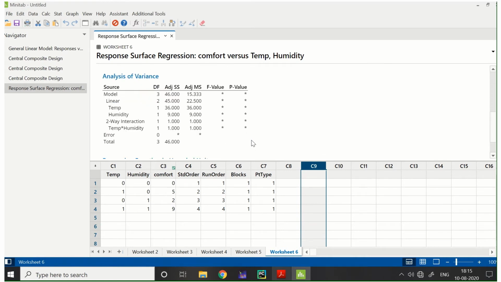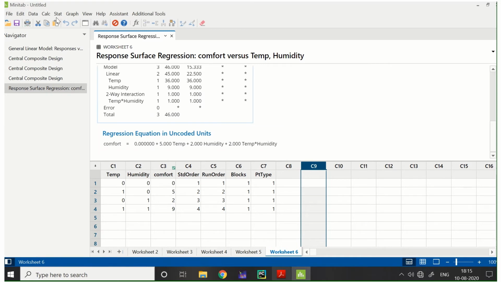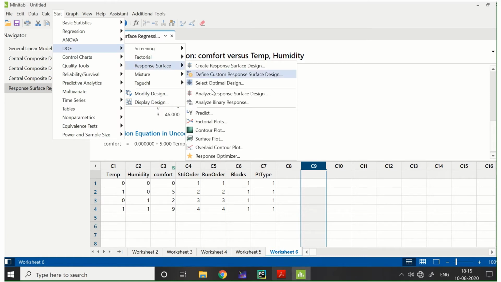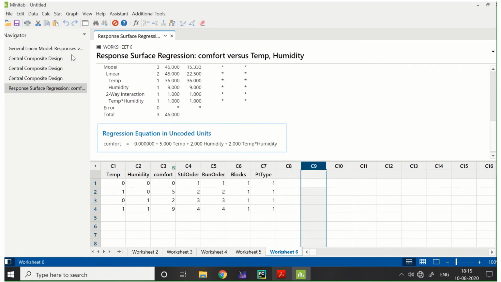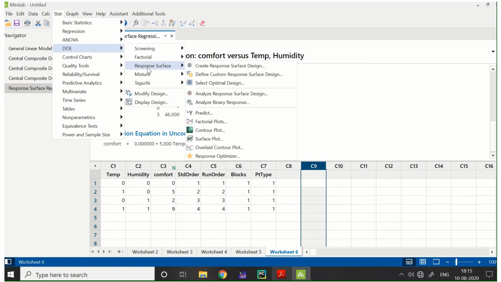From here we can find the ANOVA table and the regression equation. I don't want to explain that because I already explained it in the previous explanation. Now, to create a contour, you have to go to DOE, response surface, and create a contour.